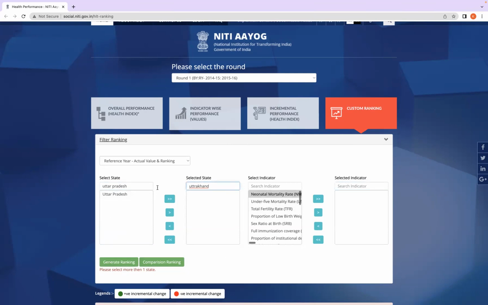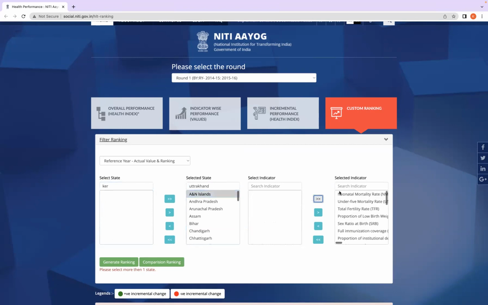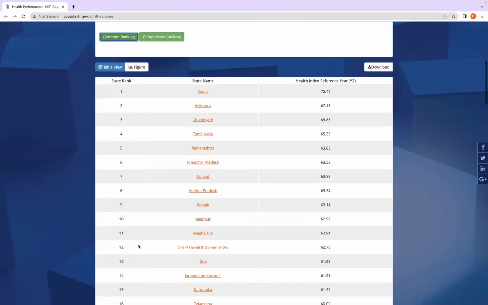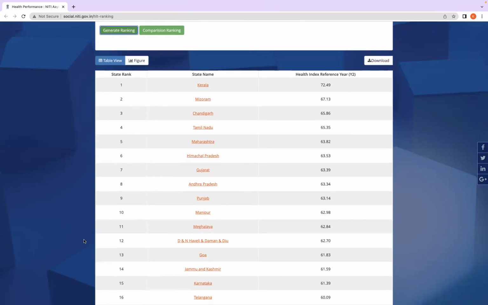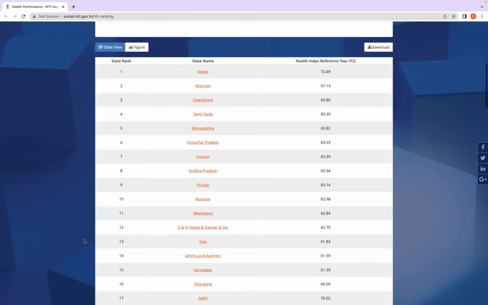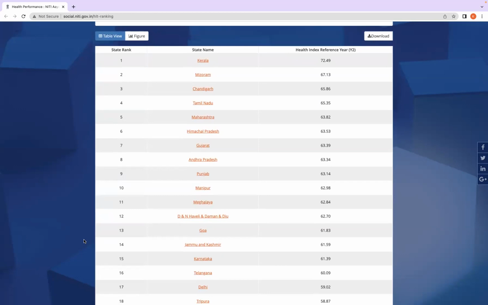Select two states here actually. Which state do we have? This is as per the